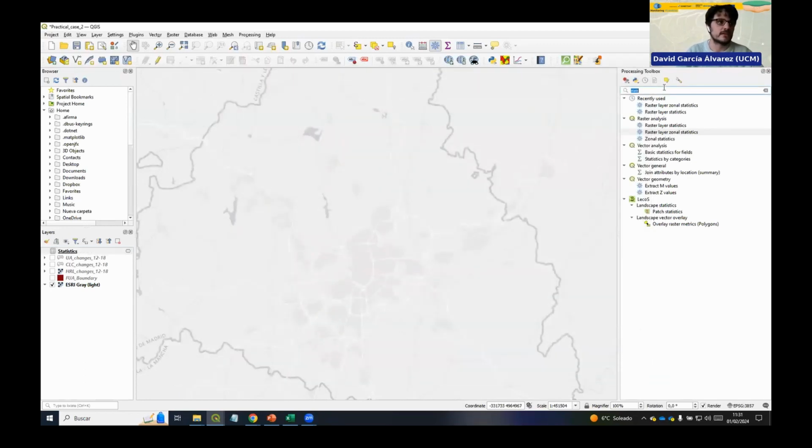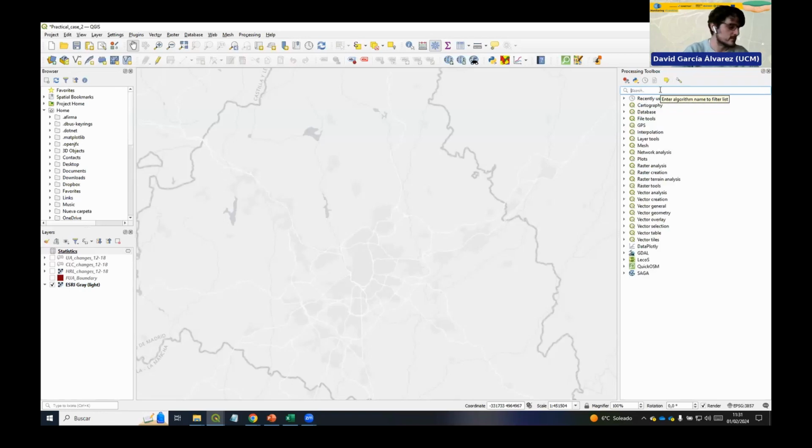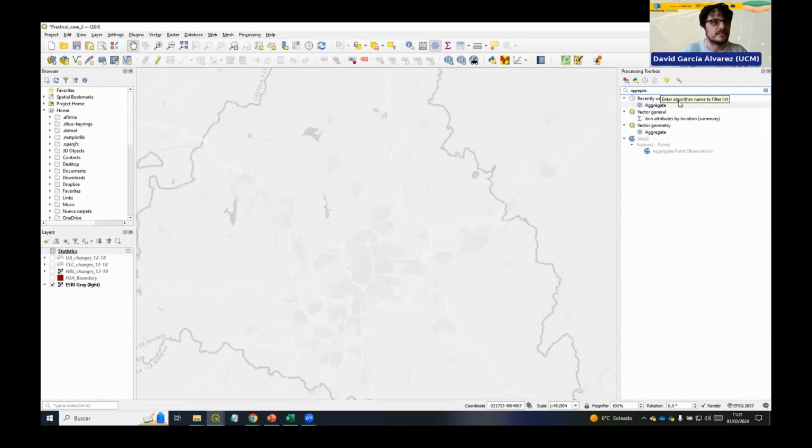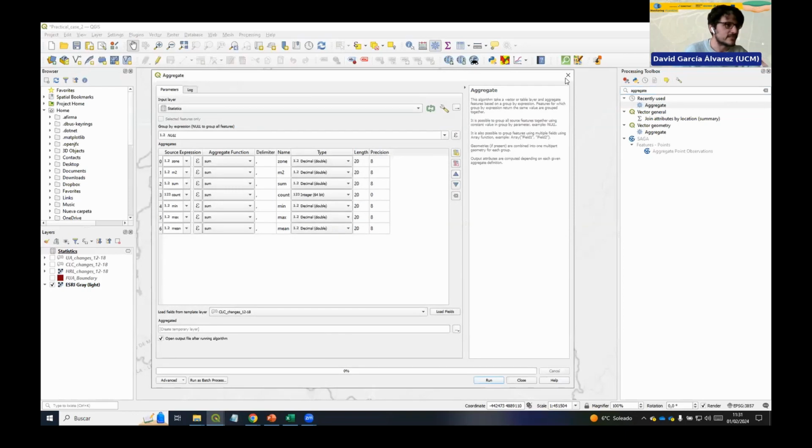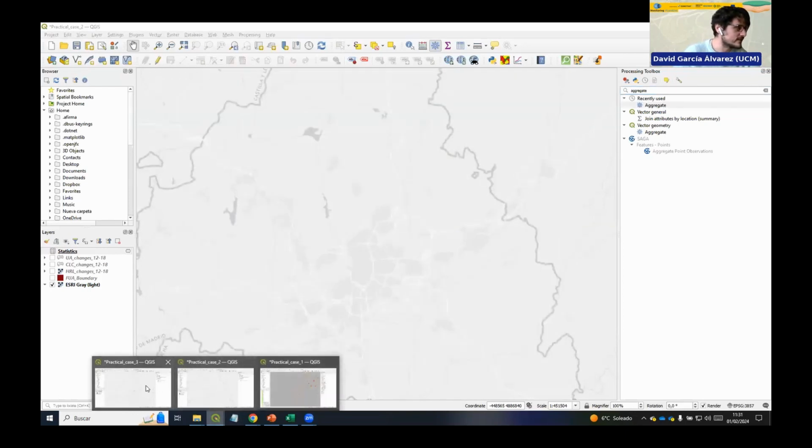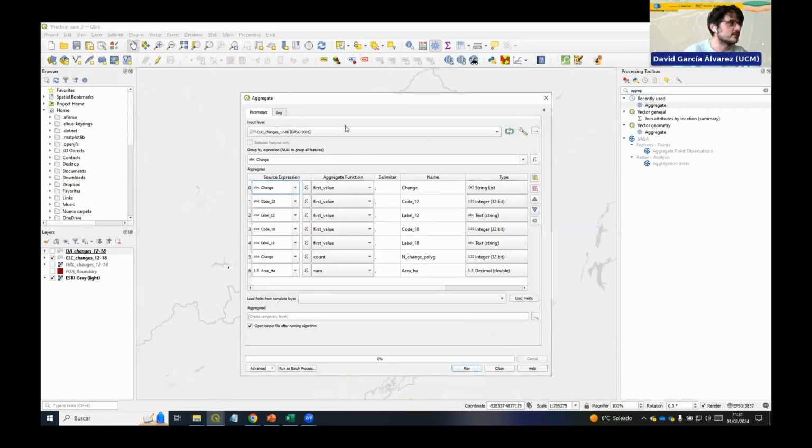Then the other tool that we can use to summarize the changes and get this statistical summary of changes in core inland cover in the urban atlas would be the aggregate tool in QGIS. Because it takes a bit of time to fill this tool, I already have it here prepared. So for example, for the core inland cover, we have to decide which is the field that we use to make the summary or the aggregation of the data. In this case would be this change field that summarizes